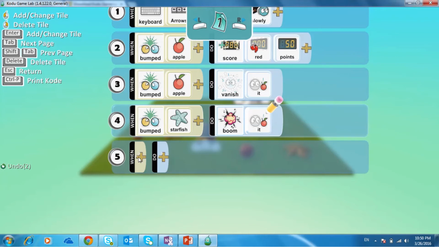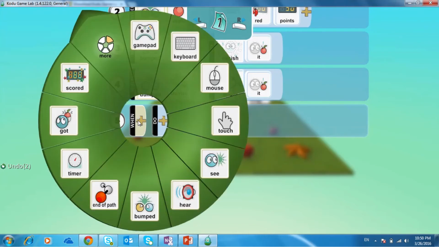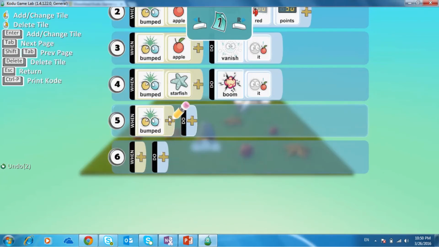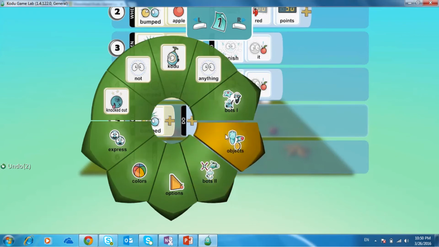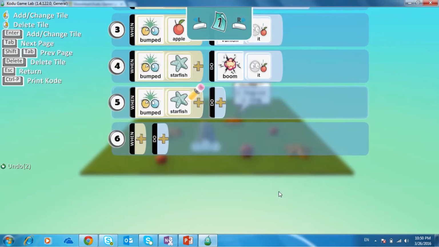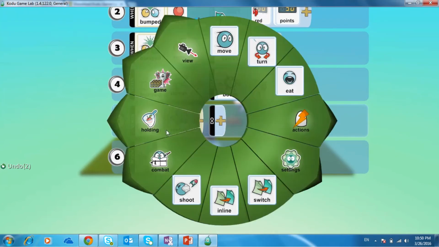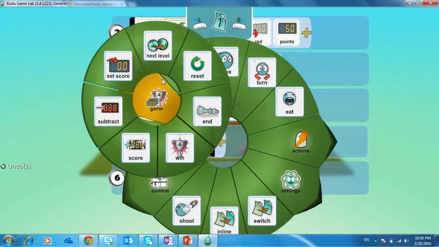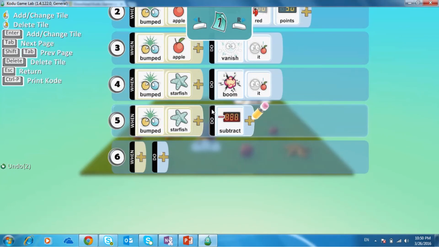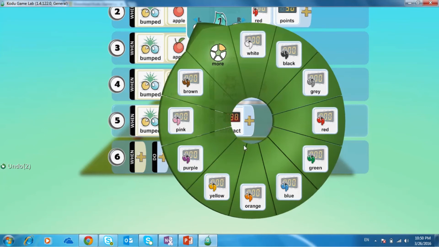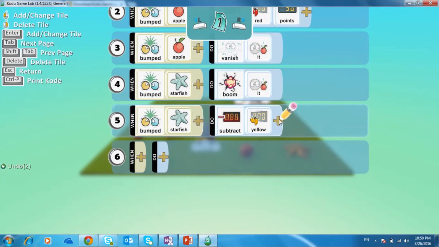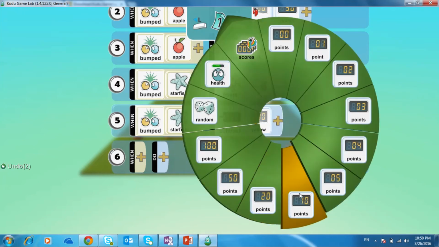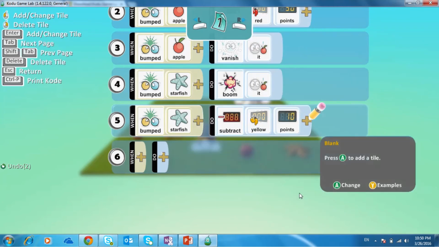Yeah, and what else should happen? Whenever the Kodu gets bumped into a starfish, score should subtract, should be, let's say, yellow, and let's say minus 10 points should happen. Yeah.